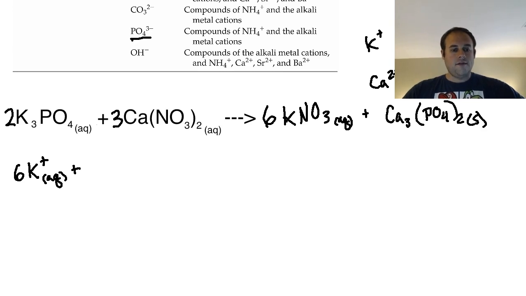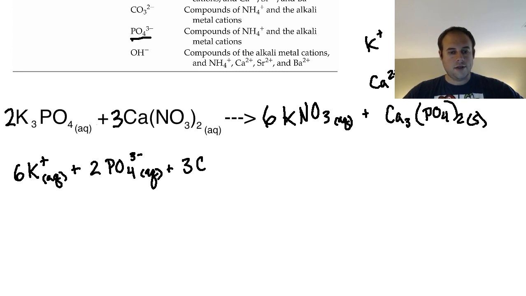All right. Then the phosphate. I have 2 phosphates, so I would say I have 2 phosphates, and they have a charge of 3 minus. All of these would be aqueous if they originated from an aqueous source. Okay. And then additionally, I have 3 calcium. So I would say I've got 3 Ca2 plus, again aqueous. And then I also have 6 nitrates, right, when we were balancing this. So 6